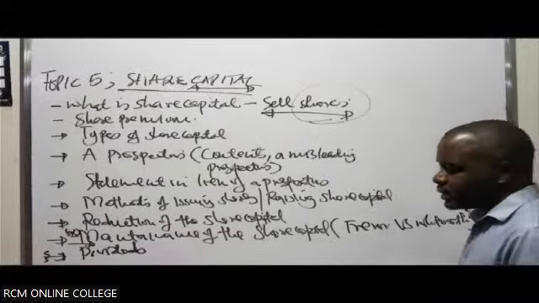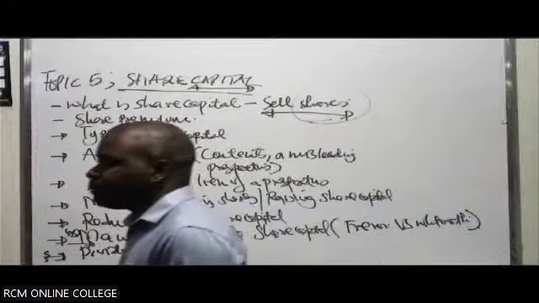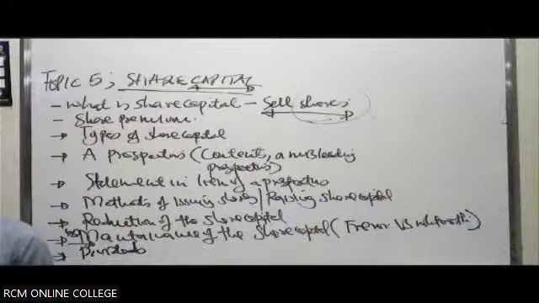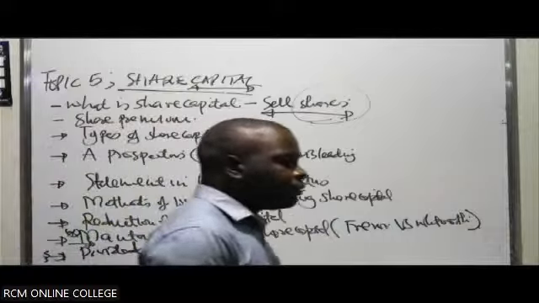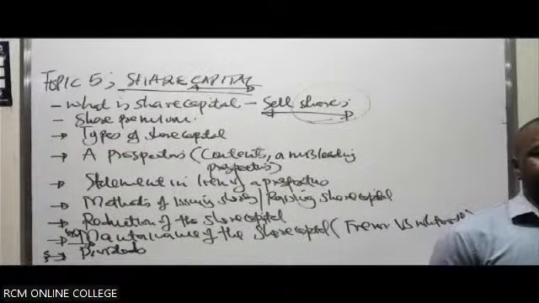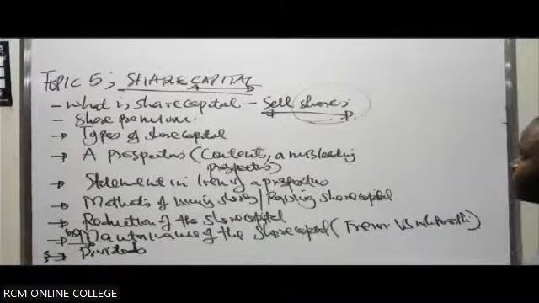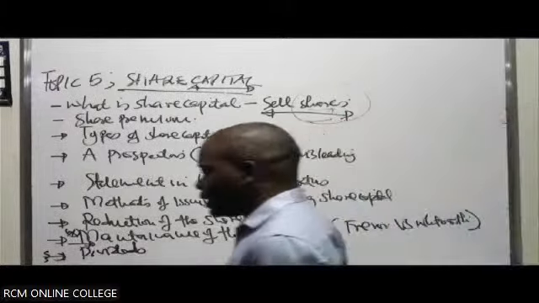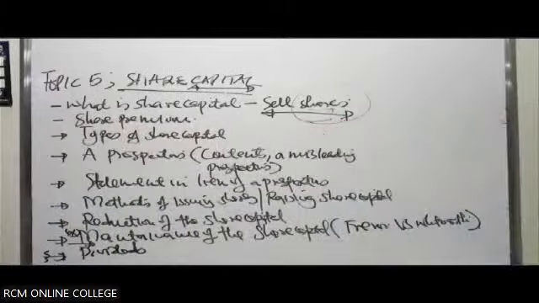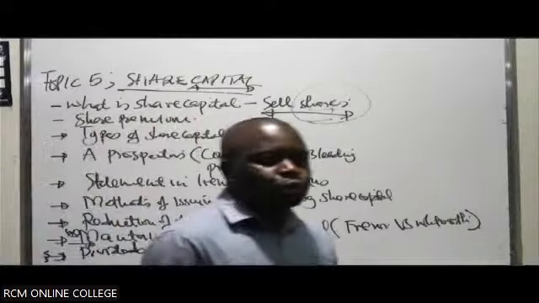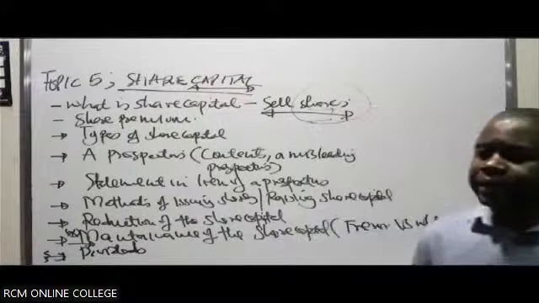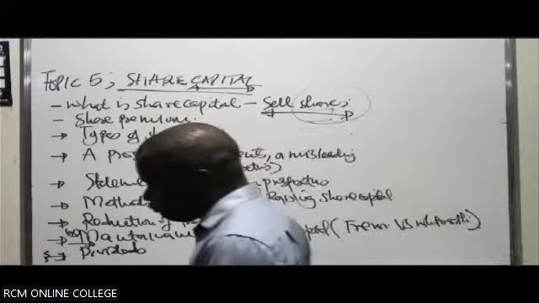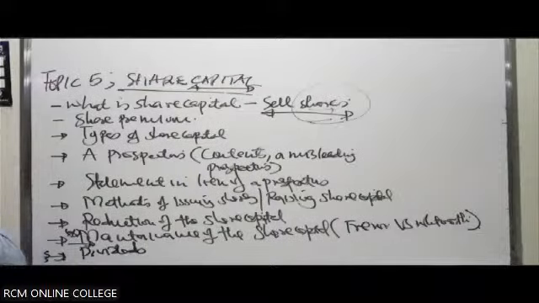So it is a means of capital for the company. How does it arise? It arises as a result of the company selling shares. And of course, you already know what you mean by a share, because it is just the very previous topic we've been able to look at. So share capital is a means through which a company can raise capital. The company simply sells shares, and as a result, it is able to raise capital.